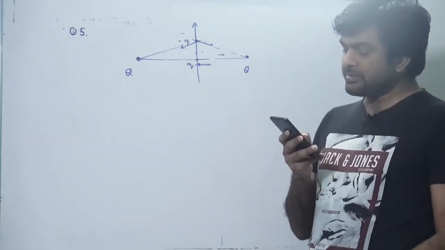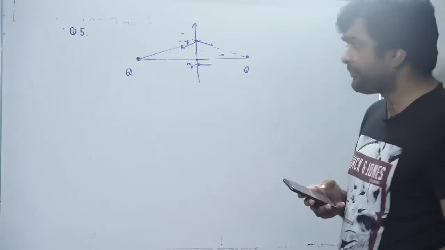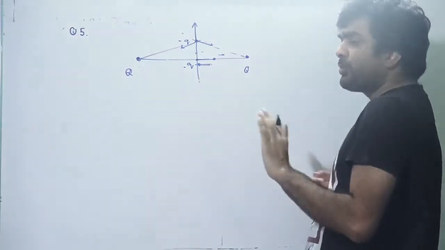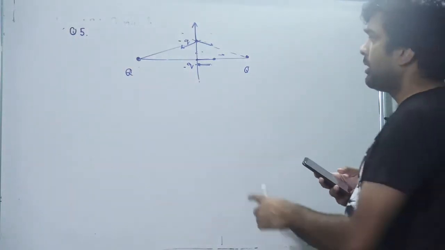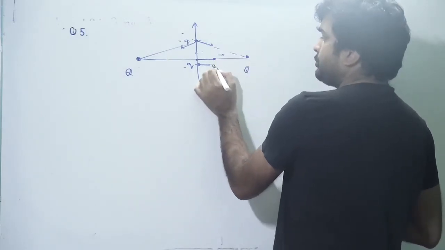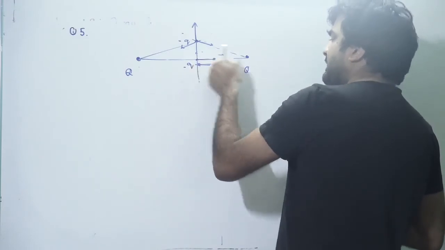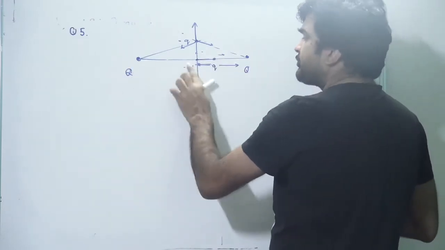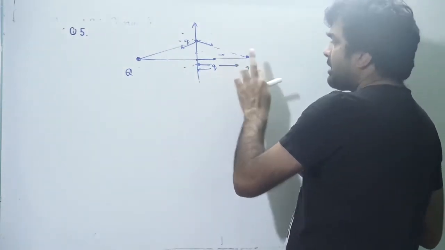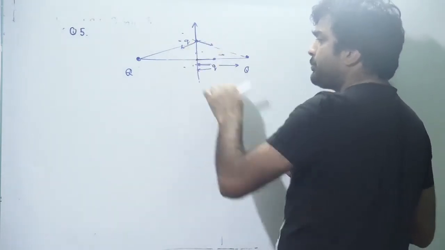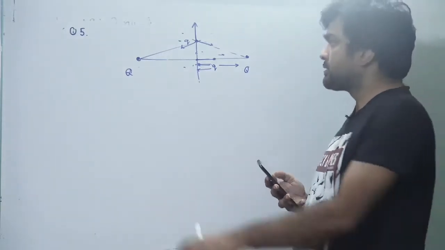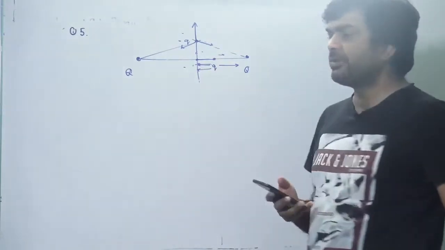Option D is, if q is negative and delta is along the line joining the charges. If it is a negative charge and it is displaced slightly, it won't perform simple harmonic motion or oscillation, because now the net force exerted by this charge Q will be greater than the attractive force exerted by this charge Q, because the distance between capital Q and small q is greater. So the net force on this charge q is not towards the mean position. It won't perform simple harmonic motion or oscillation for that matter. It is not a stable equilibrium if charge q is negative.